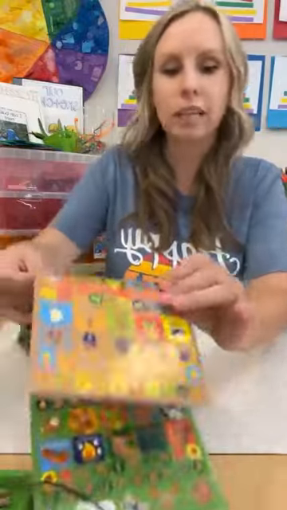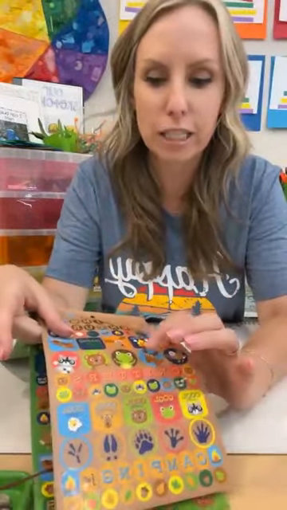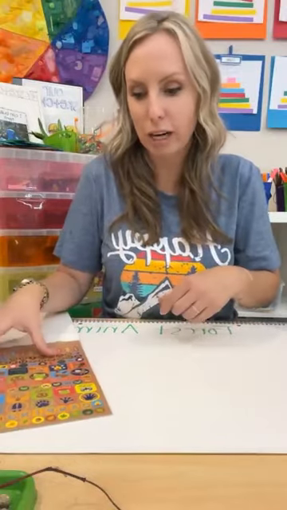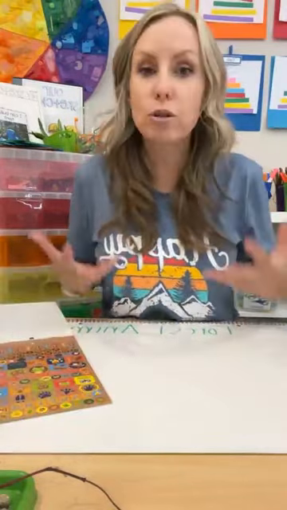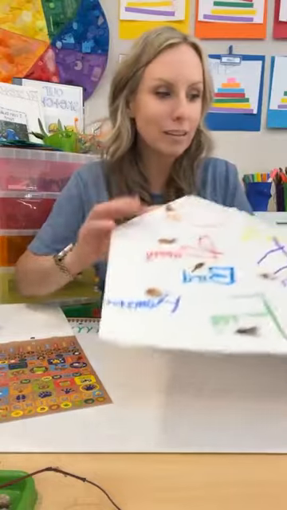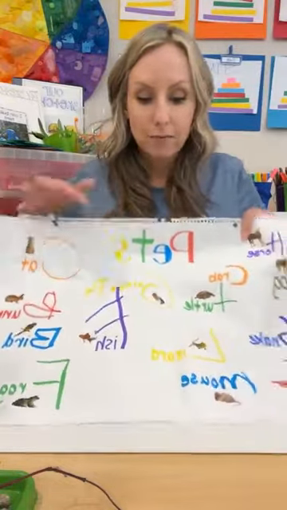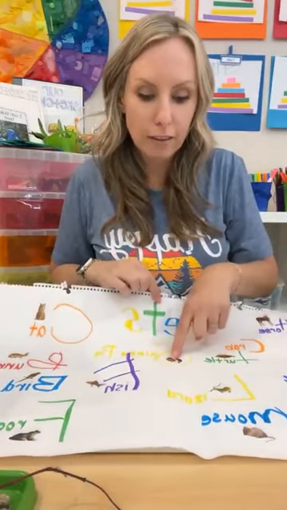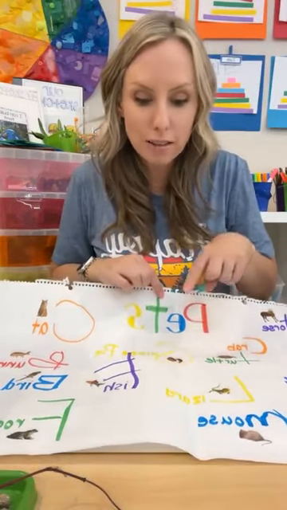So this sticker pad has an eagle, a deer, a frog, a bear. I would have these cut out in my hand, ready to go. And what you can do is share the pen with your students. So here's the anchor chart I did when we were doing pets. And again, I used some pet stickers I had, and I had each kiddo tell me what the pet was,